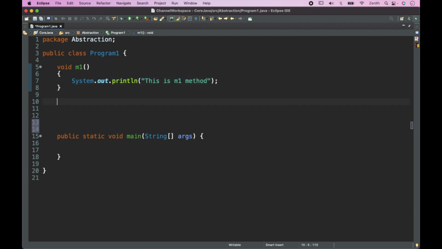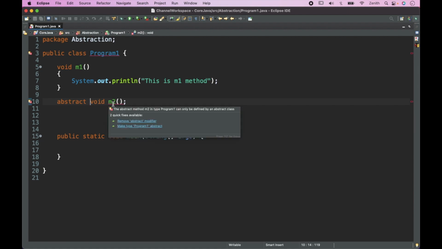Now if I create a method like void m2 and that's it, this is what is called an incomplete method, but we cannot declare an incomplete method like this. We need to make it abstract. So for that we just need to use the abstract keyword for m2. Now